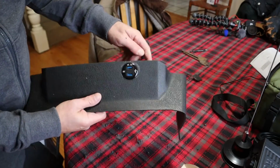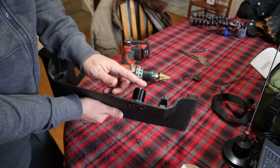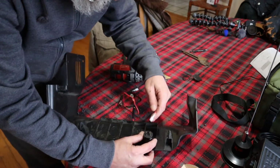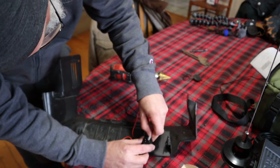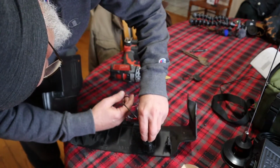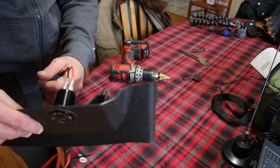Alright, there it is. It's in there. It's nice and sturdy. It's not going anywhere. And all I need to do is put my wires on, which are right here. And they're even labeled plus and minus, so you know which one to put the red on, which is the plus, and then the negative on the negative. And now we're ready to wire this bad boy up. The next step will be